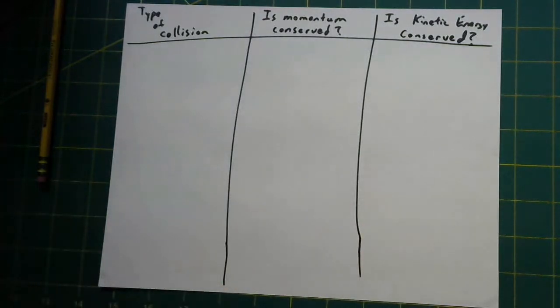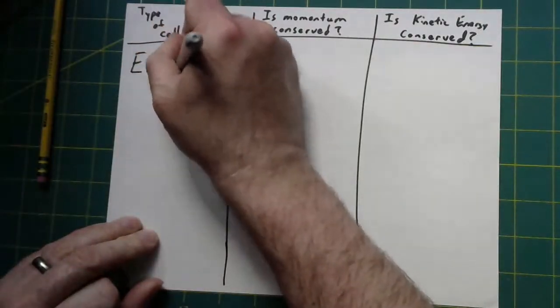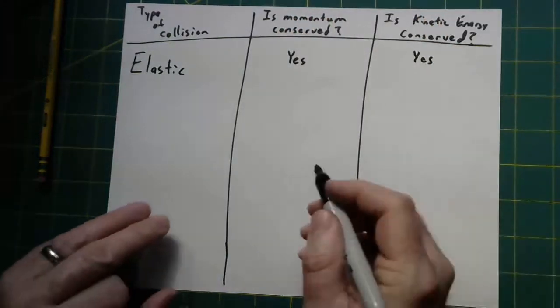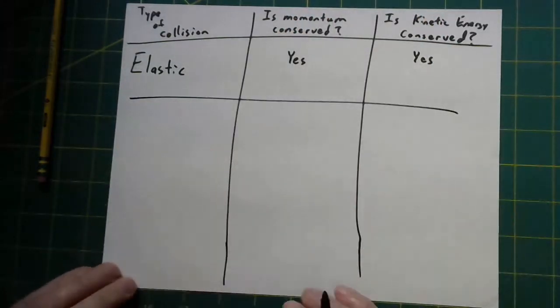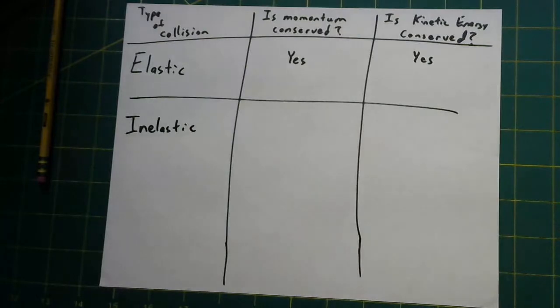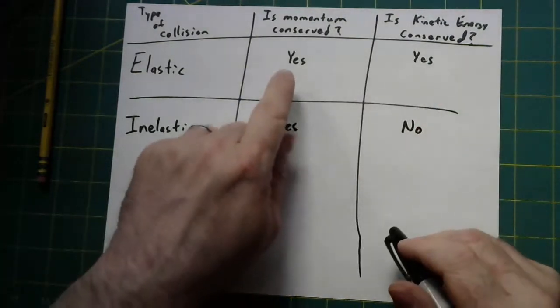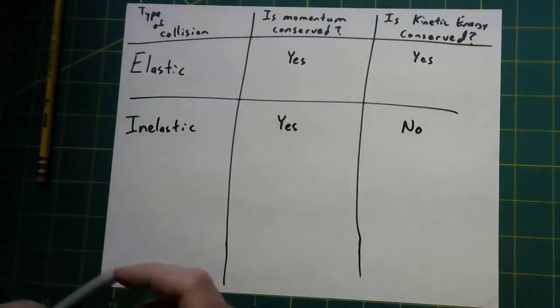So the first type, elastic, and a collision that is inelastic. The answers to the questions are, so that's the categorization. You say, now, momentum is conserved. You say, well, in order for that to be true,